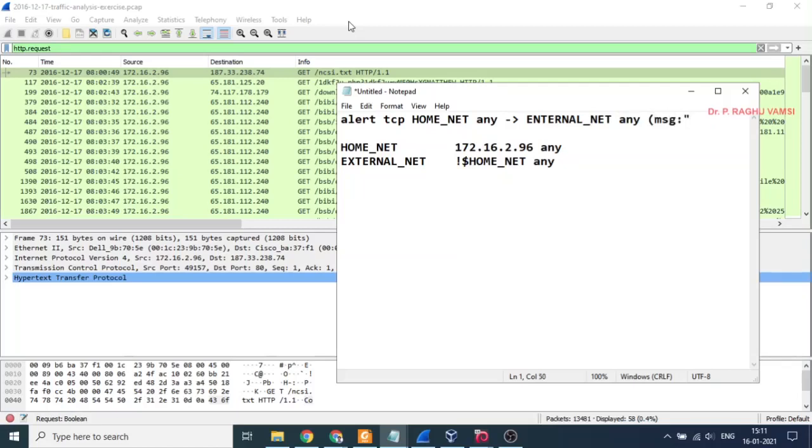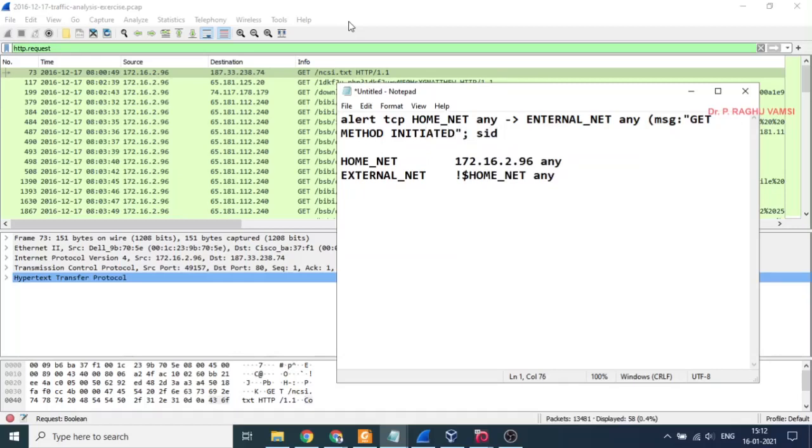So some GET method initiated, and the SID should be 1 lakh something, and the revision 1.